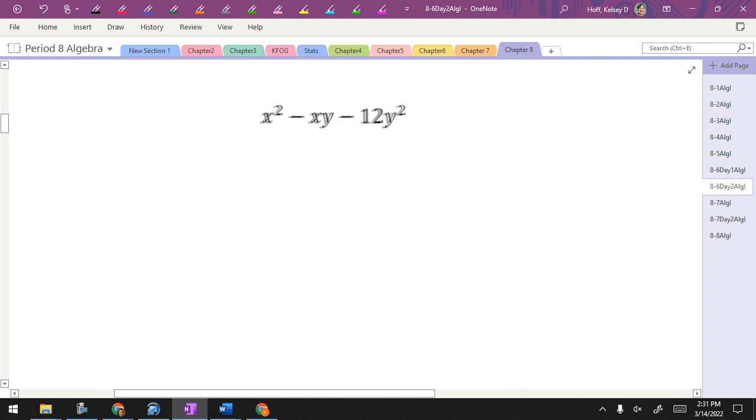Say this happens. x squared minus xy minus 12y squared. If I got rid of this and this, don't do it. If I got rid of that, it would look like what you did on Friday, correct? Okay. I would multiply to get to,